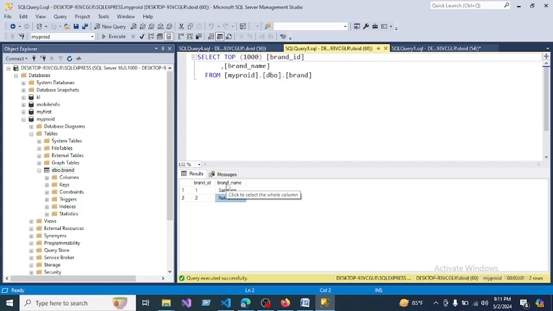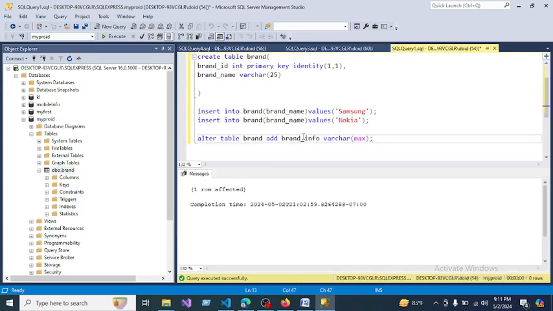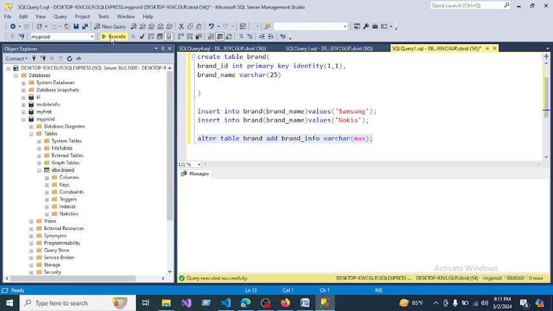But I want to add a new column and the column name is brand info. So you need to add brand info into your table. Okay. And this is your table name and column name which is varchar. Okay. Now select this and execute